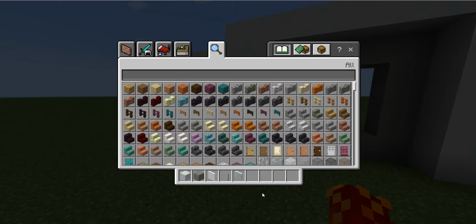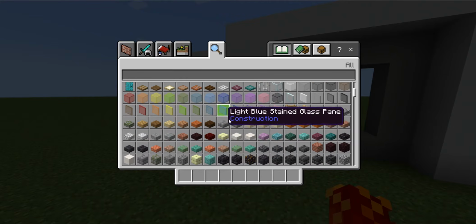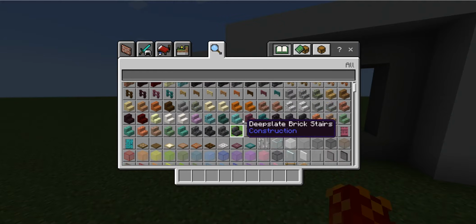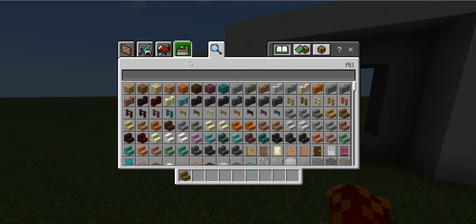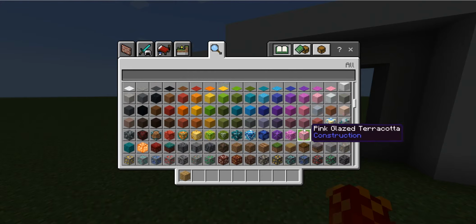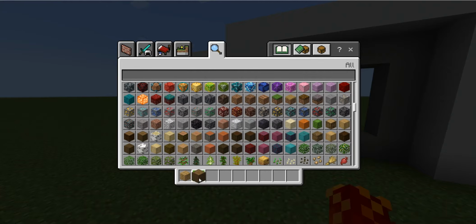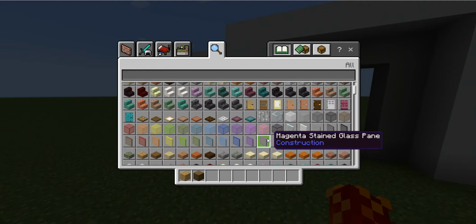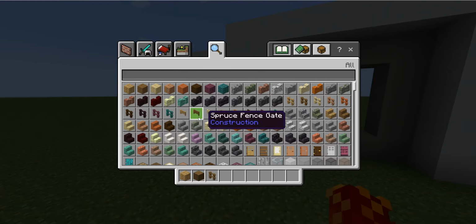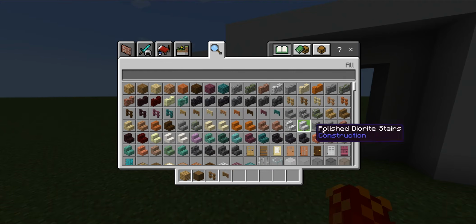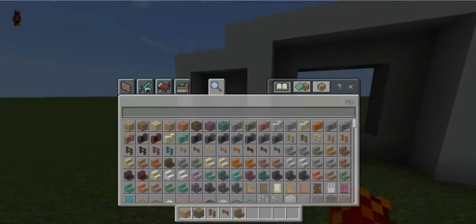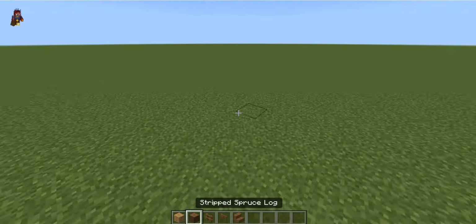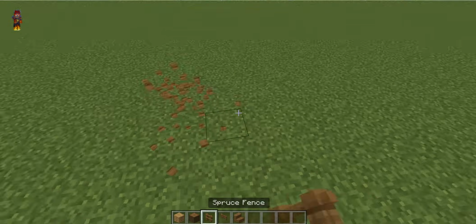And then another one of the next designs is, let's see, well, obviously the farming. So if you want a farming house, then you need to build, let's see, let's get some. I love these stripped spruce logs. You're going to have fences and fence gates. But another thing you can add with them is with the same color, do your stairs. So instead of just putting it on the ground, put